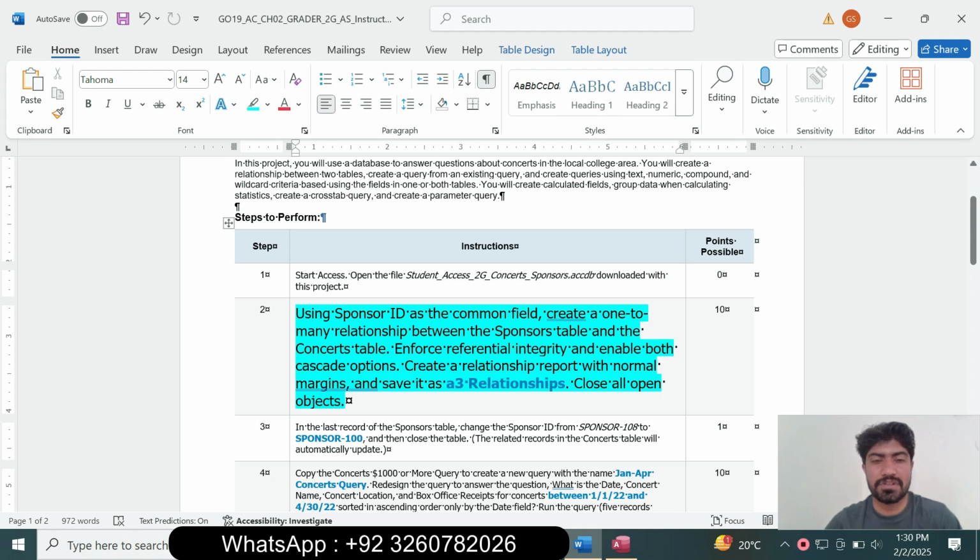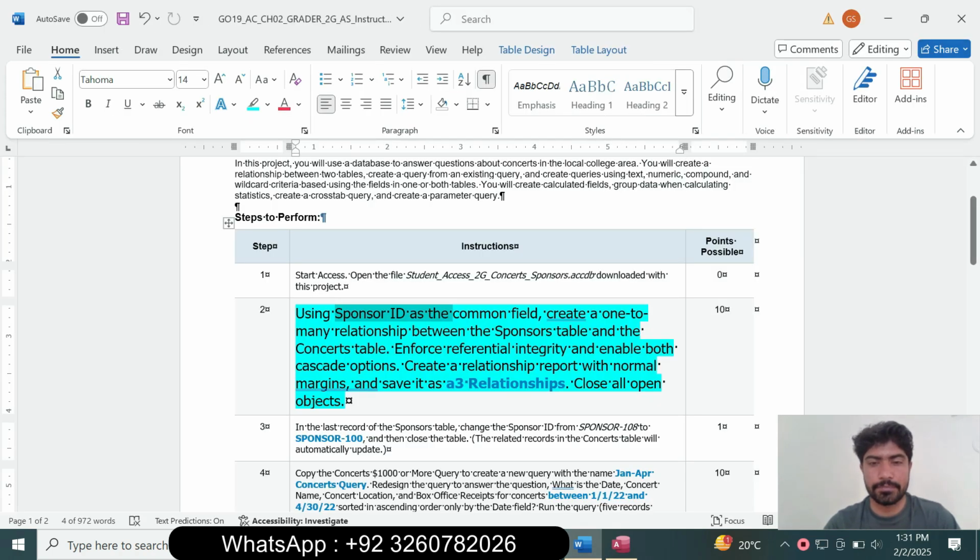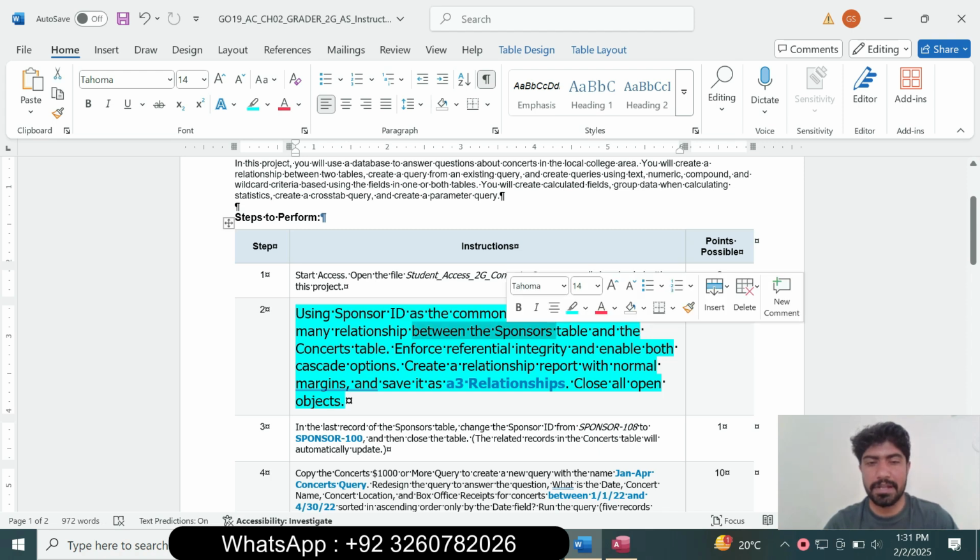using the sponsor ID as the common field, create a one-to-many relationship between the sponsors table and the concerts table, then enforce referential integrity and enable both cascade options. Create the relationship report with normal margins and save it as A3 relationships and close all open objects. So using the sponsor ID as the common field, select the sponsor ID in the common tables and create the one-to-many relationship between the sponsors table and